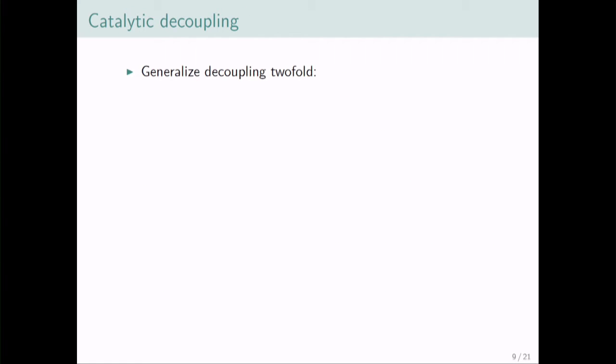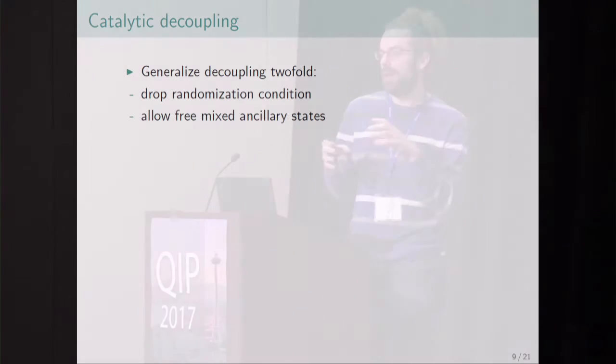This is what we call catalytic decoupling, and it generalizes decoupling in two ways. On the one hand, we drop this condition that the decoupled system should be in a maximally mixed state. And on the other hand, we also allow that before the decoupling procedure is started, a mixed ancilla state is appended. So to show this in this pictorial way, as I have presented the previous concepts, we start with this